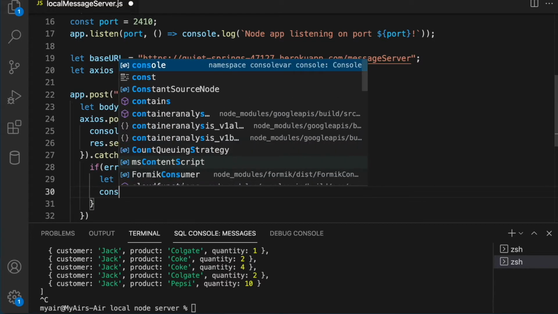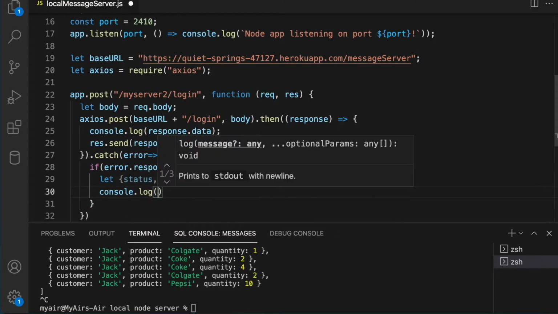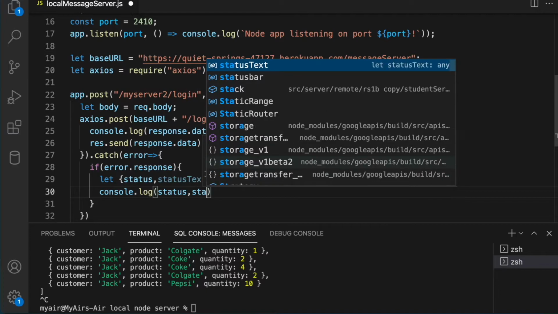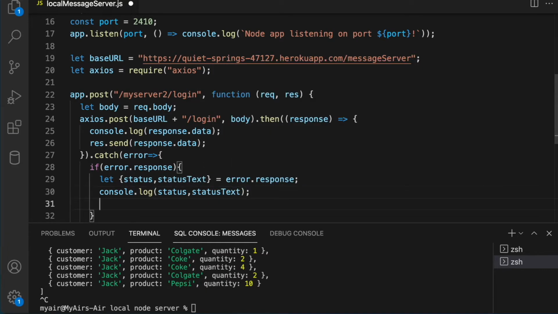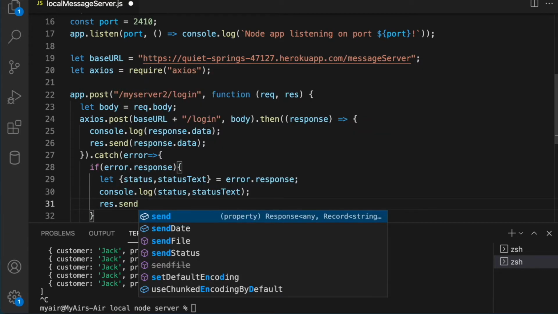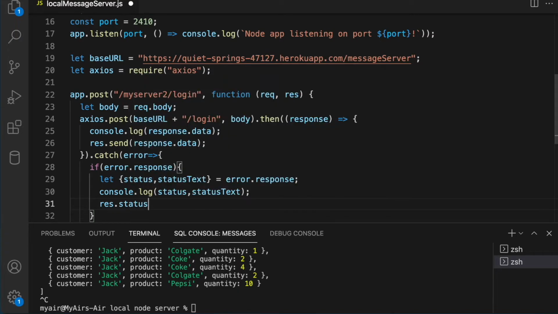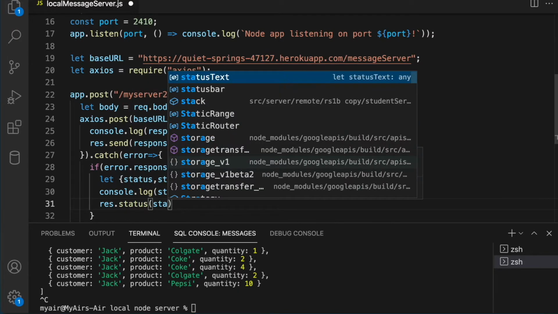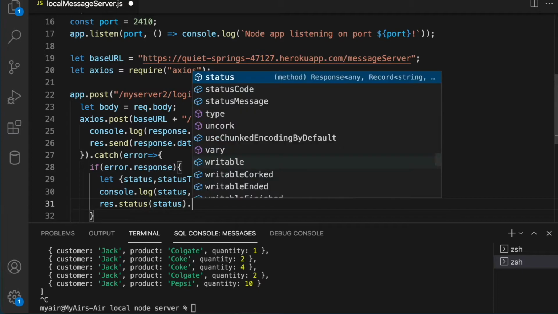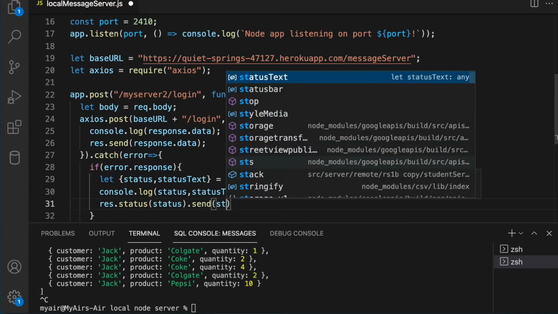Let's first do a console.log status, status text, response.status.send status text,